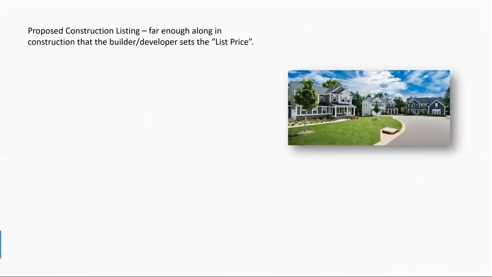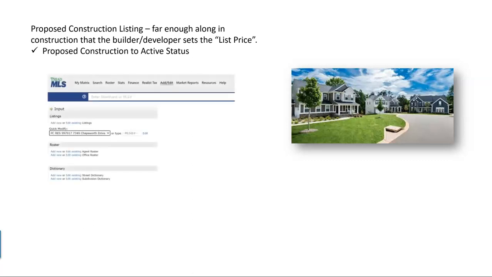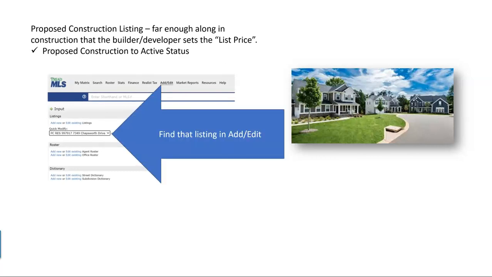What if your proposed construction listing gets far enough along in construction and there is no buyer at this time and the builder sets a listing price? That proposed construction listing must be edited, changing the status to active. In Add Edit, use Quick Modify, locate that listing,